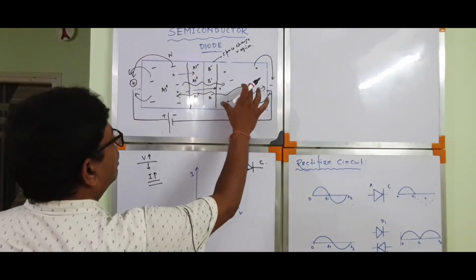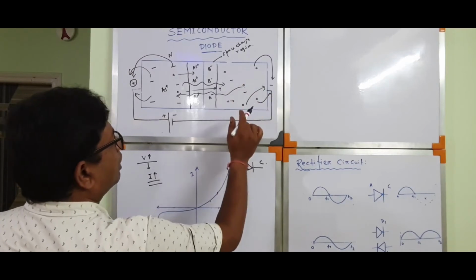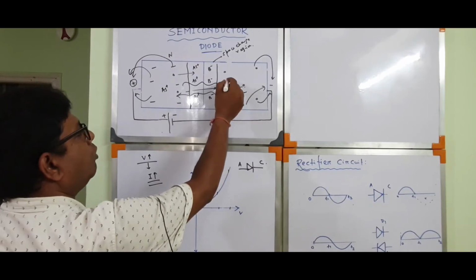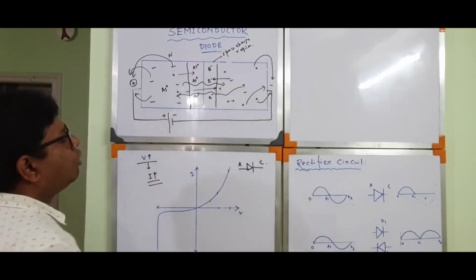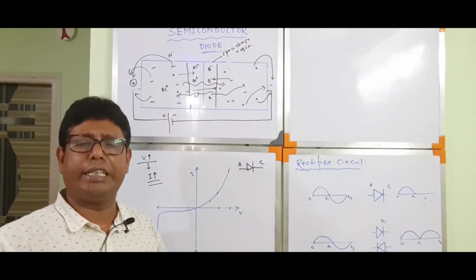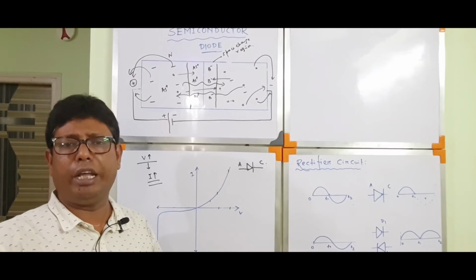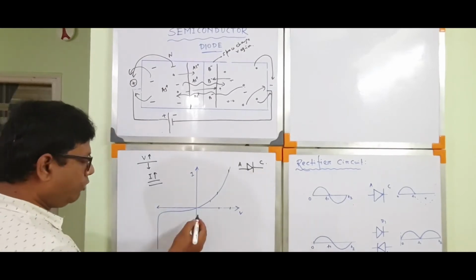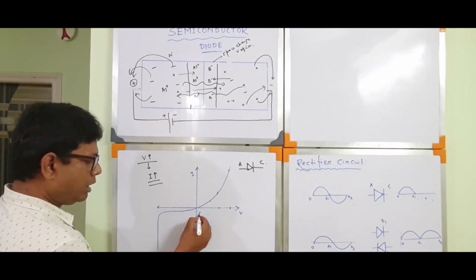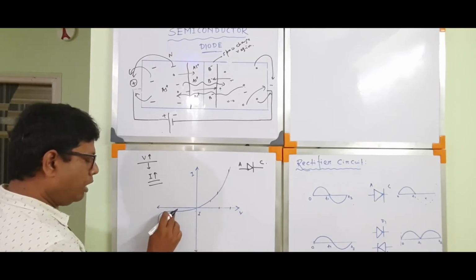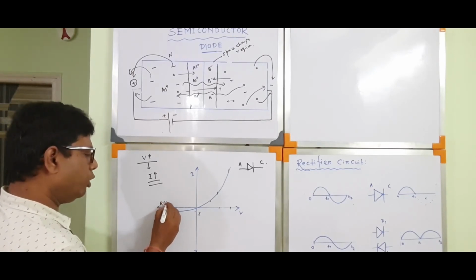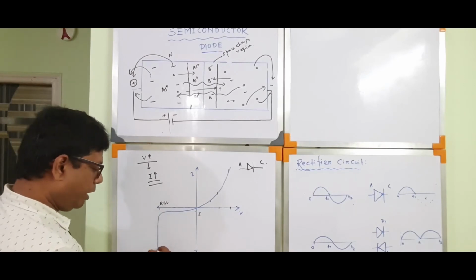And for the p-type semiconductor bar, free electrons are the minority carriers, and only these particles will move from this side to this side. For that reason, a minimum value of current will be flowing through the circuit. This current is called leakage current, and leakage current is due to the flow of only minority carriers. If you enhance the negative biasing voltage, the current flowing through the circuit, this is the current axis, will be very small. But at a particular voltage, called the reverse breakdown voltage, the current flowing through the circuit will be more.